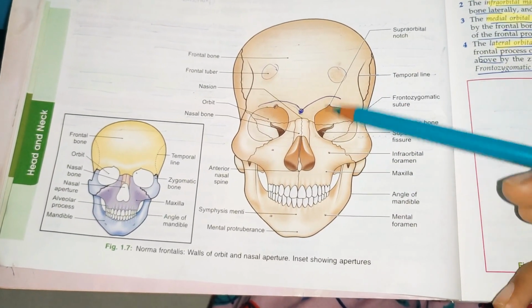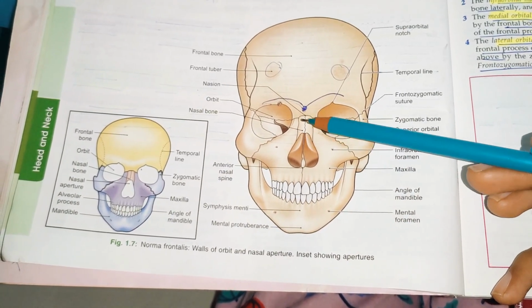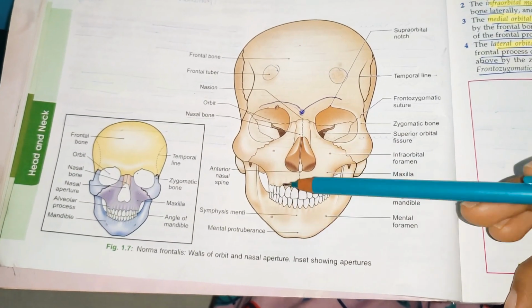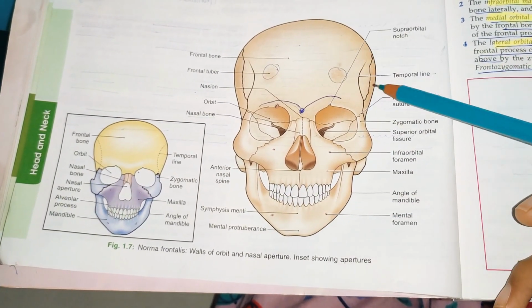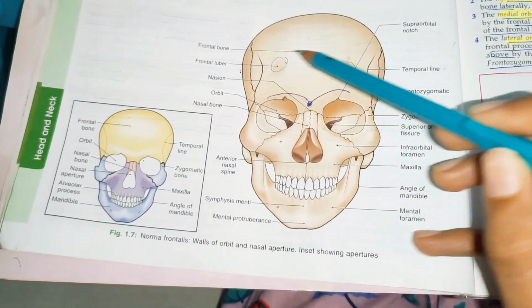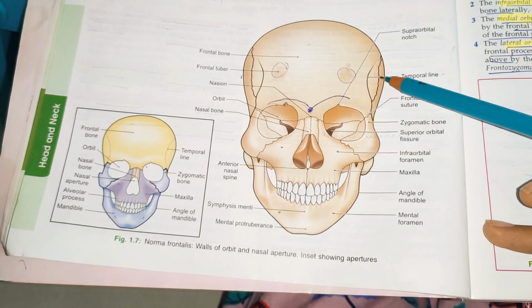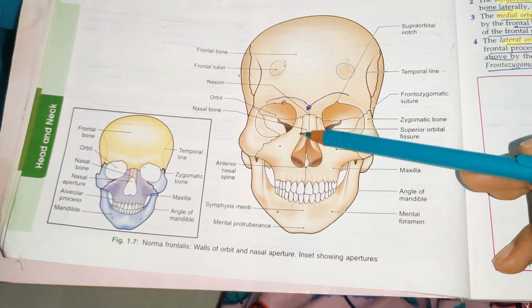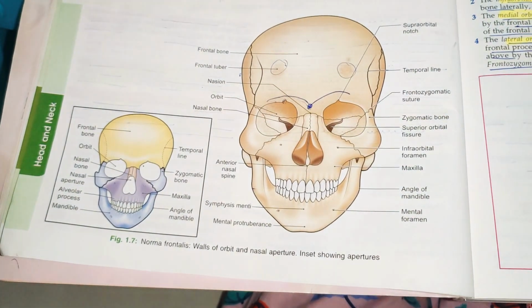Now clinical anatomy related to it. The nasal bone is one of the most commonly fractured bones of the face, and then the mandible. So this is the mandible and the parietal eminence. The most prominent part of the parietal bone is called the parietal eminence, and these are the next bones which are fractured. So the first most common is the nasal bone, next is the mandible, next is the parietal eminence.